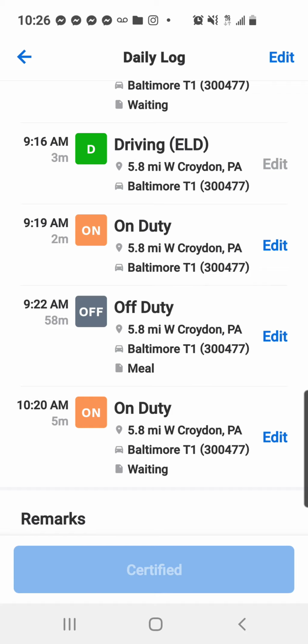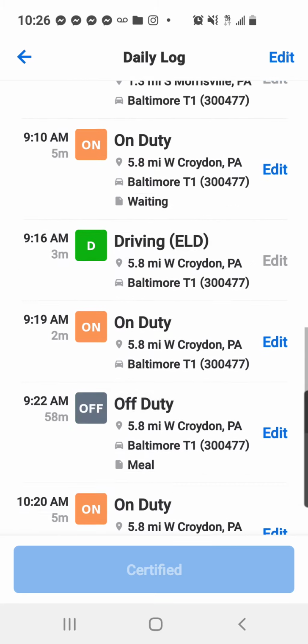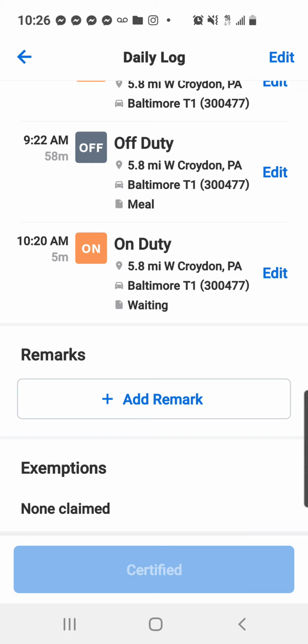What I have to do is bring that line at the top back down to off duty, so that time shortens. Instead of a 58-minute break, I have to do a 30-minute break. So I want to shorten up that 58 minutes and say I'm on duty 28 minutes ago. So I'm going to make an edit on the last